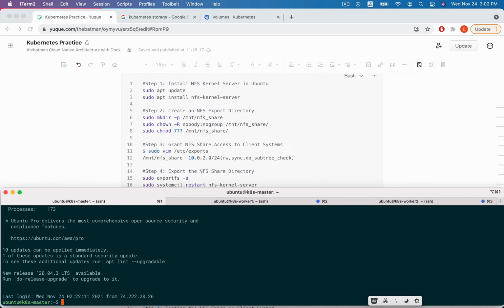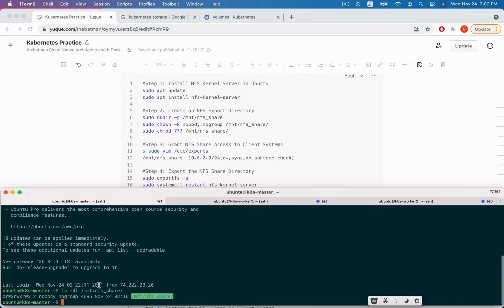We can list this. We just create this directory, and we change the ownership of this shared directory to nobody and nogroup, and change its permissions. We set it to 777.